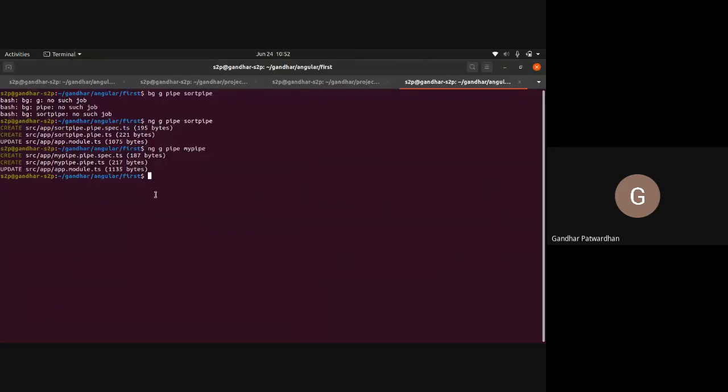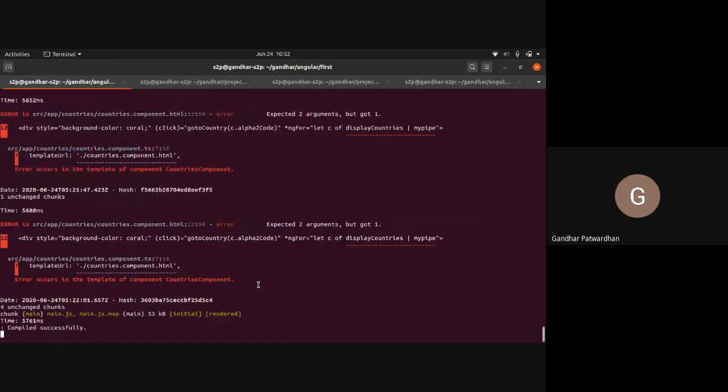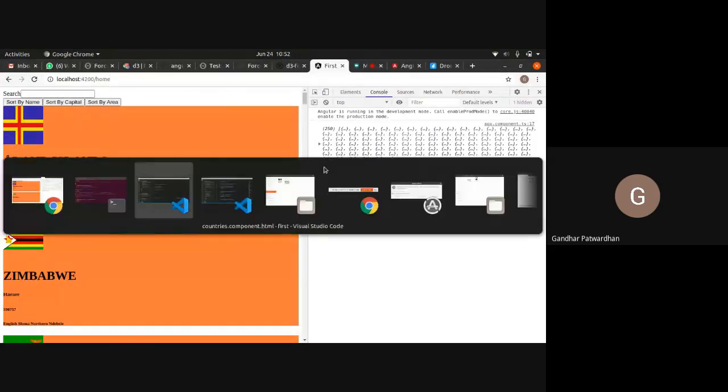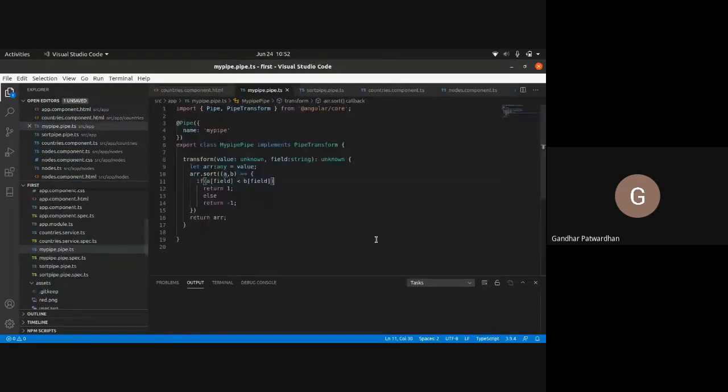That is probably because there is an error occurring in the template. Okay, that is from the older ones. Let us try and print.